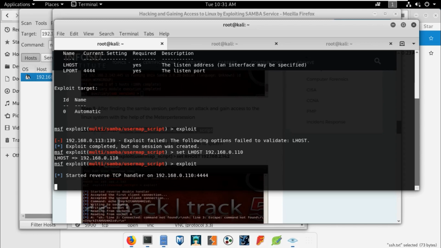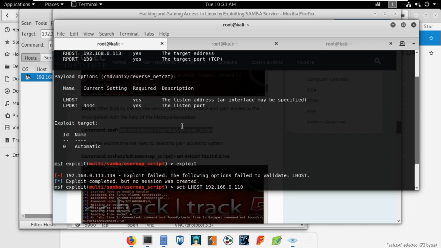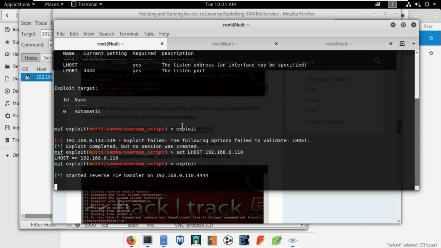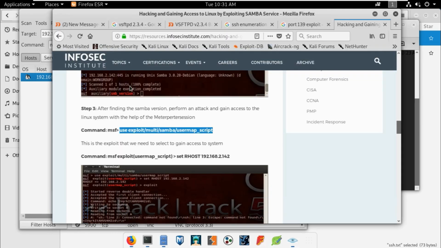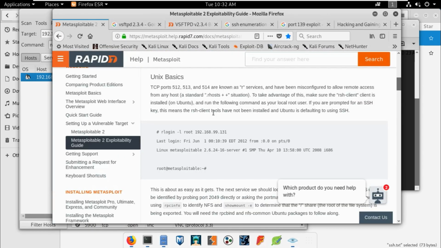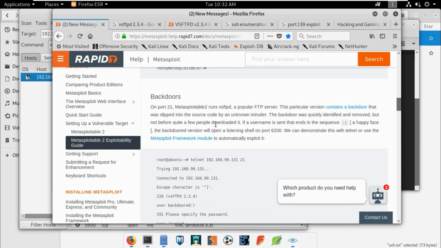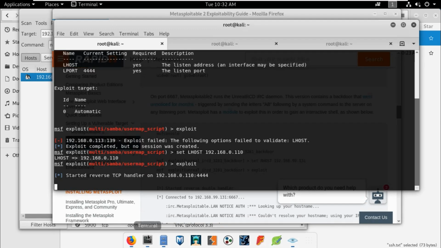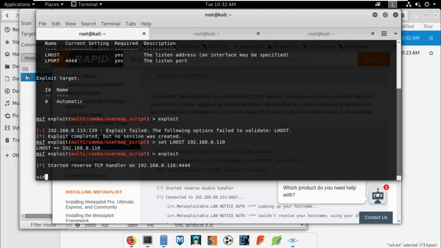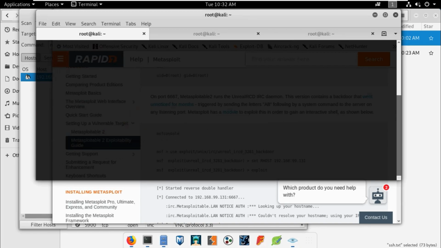Now try to exploit the vulnerability. Let's see if it exploits the vulnerability or not. Just wait for it. If it exploits the vulnerability, you will get the output here. Now let's move to this one. Is there any available Samba vulnerability? I don't know why it takes a lot of time. Options, no, this is not working. Okay, I think this is working.